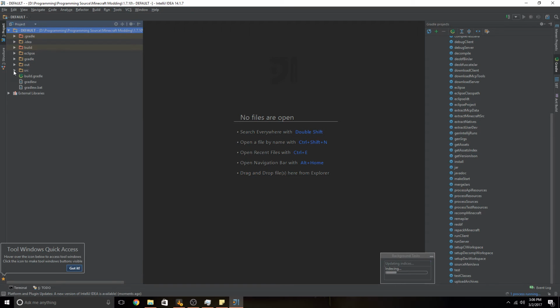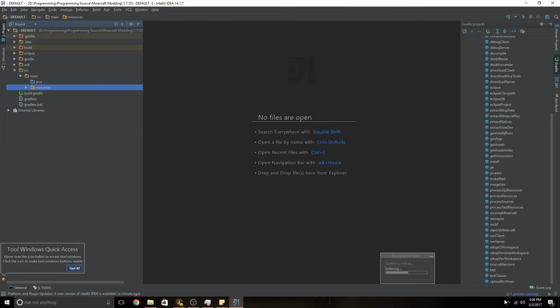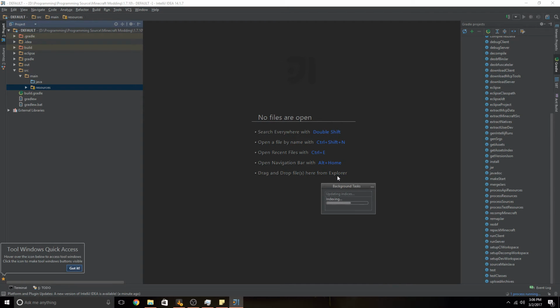So it looks identical here. Source main, Java resources. I mean, instead of solids, they're kind of squared, or like they have a square in the middle of it. But I'm just waiting for this process to finish running. Really don't have to, but